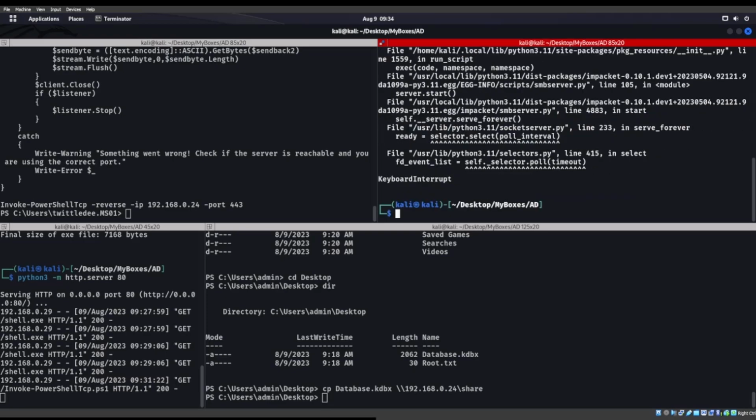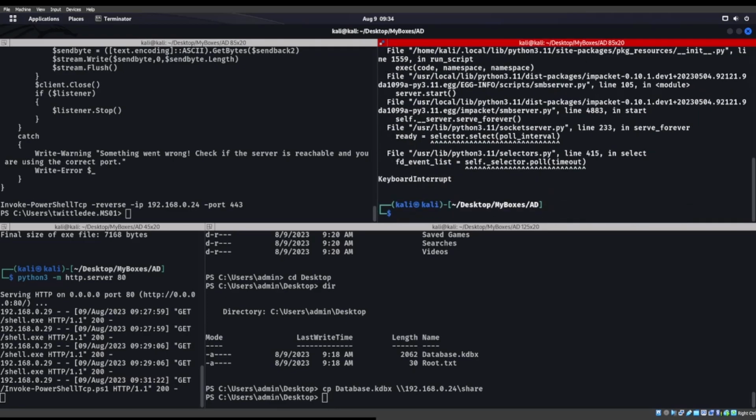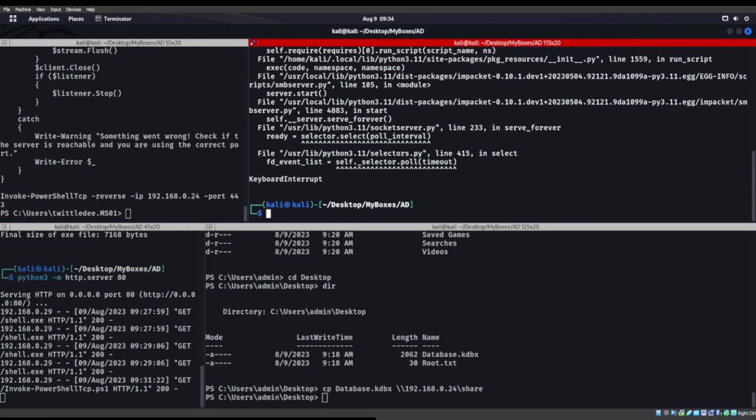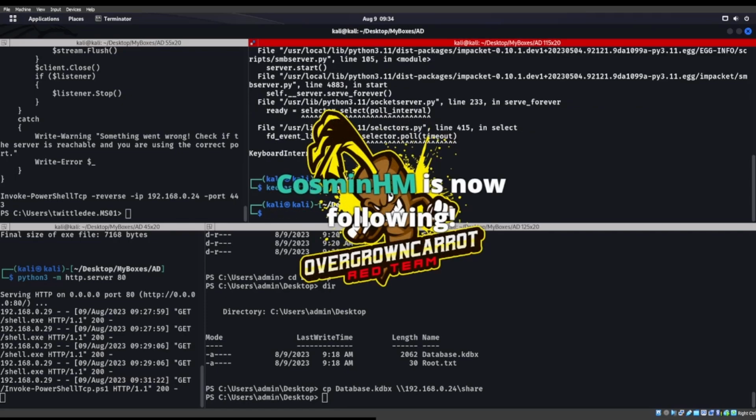All right. So we do get his hash back though, so we could try to crack that, right? But we also get this KeePass file. Now this KeePass file, I did pick a password that was farther down the list, and the reason I did that was so you had to kind of use Hashcat. You can use John the Ripper, but I want to show you guys how to use Hashcat for something like this, right? So let's go ahead and do keepass2john,